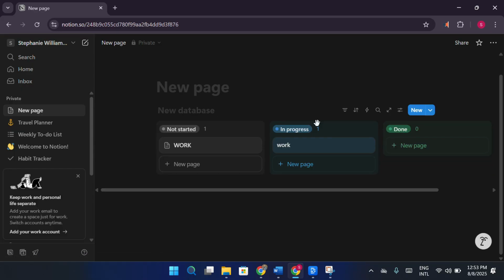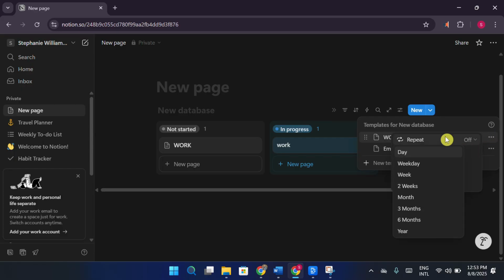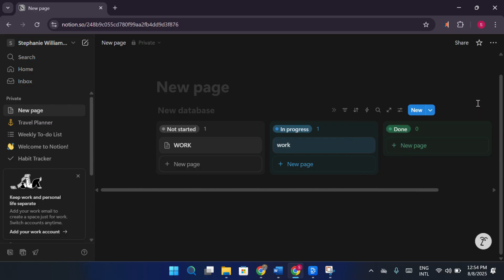Now, open that same drop-down, find your new template, and click the three dots next to it. Select Repeat. This is where you choose how often it appears: daily, weekly, monthly, whatever fits your workflow. When you've set the recurrence, click Save. Done. Your task will now reappear exactly when you need it, keeping your workspace organized without you having to recreate